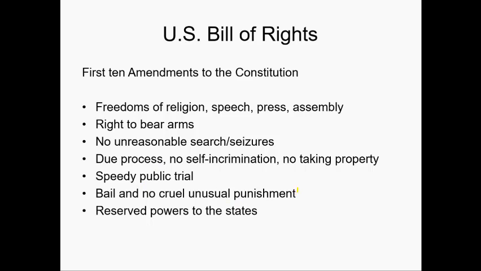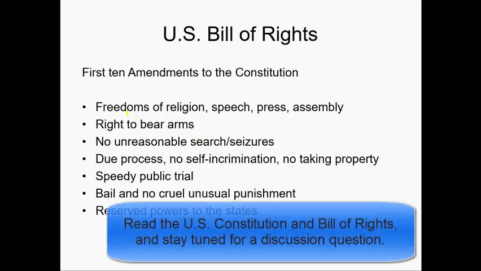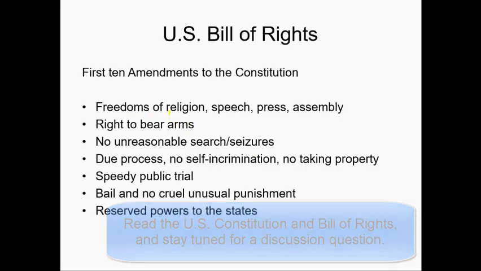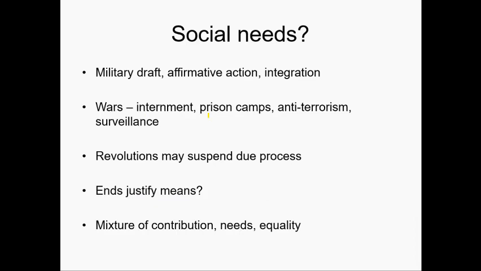But in addition, there's a lot of things that could be considered rights that we kind of take for granted. So I want you to read the Bill of Rights, which is part of the Constitution. So read the Constitution, it's relatively short. Now, what are the social needs that could be trade-offs with our rights? For example, if we're at war, lots of things can happen during a war. We could require a draft where people are obligated to sign up for the military to fight this war.